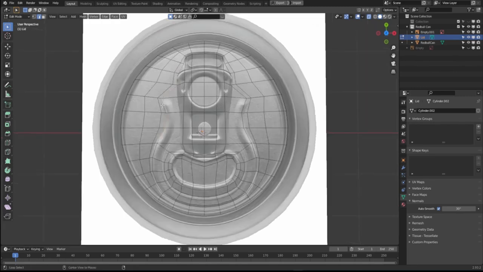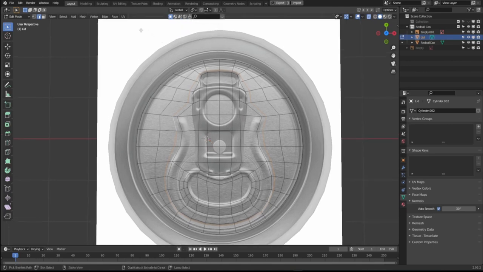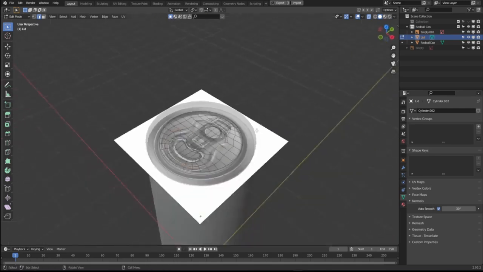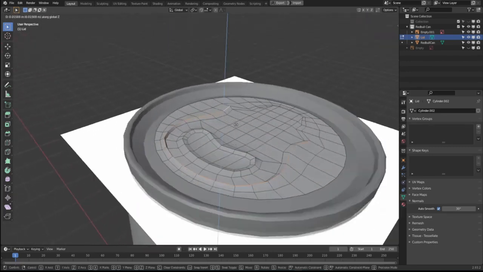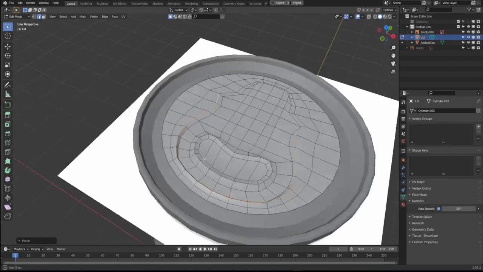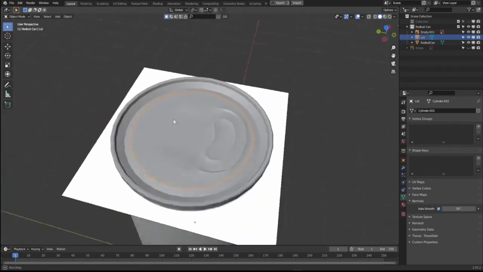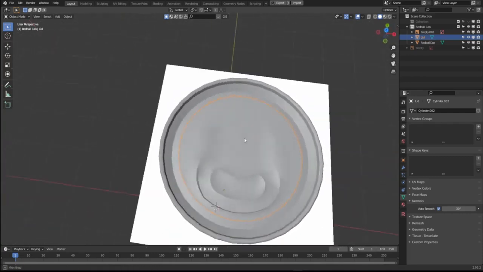Let's just start off by selecting the entire edge loop, and from there I'm just going to Ctrl drag and unselect these top few at the very top, like so. So now we just have the loop here that we actually want to manipulate. So from there I'm just going to go into solid view and pull that up just like we did with the opening of the can. There we go. So now we have a very basic low poly version of those details that actually make this